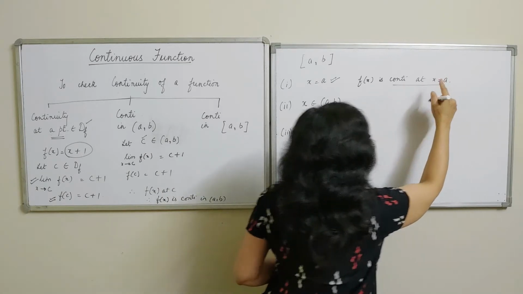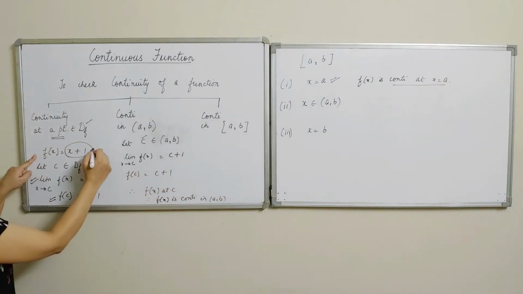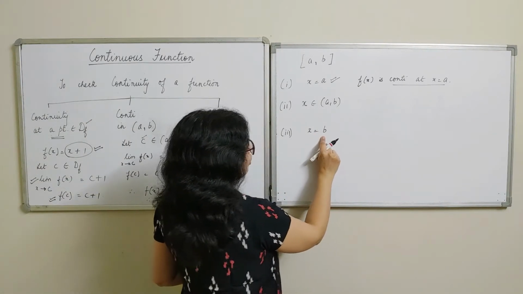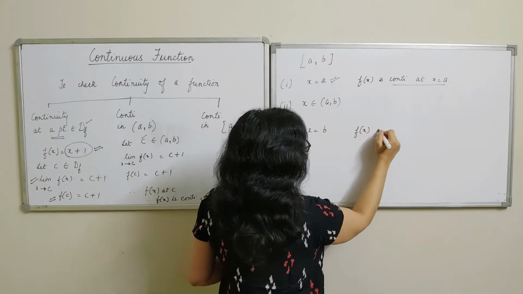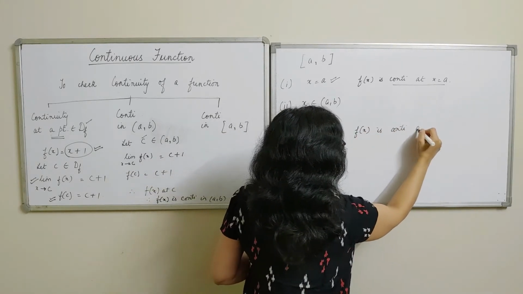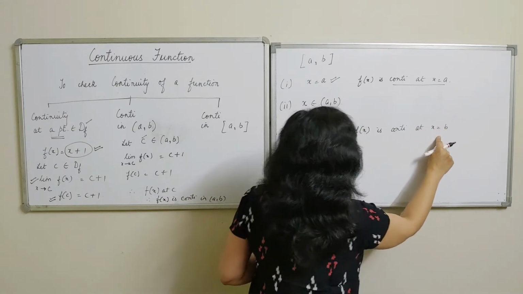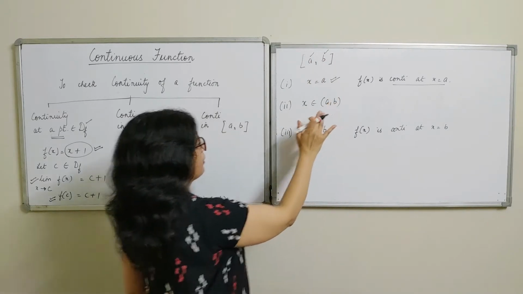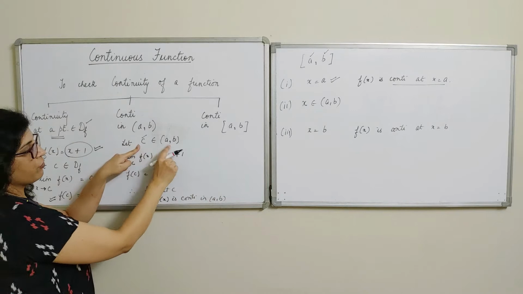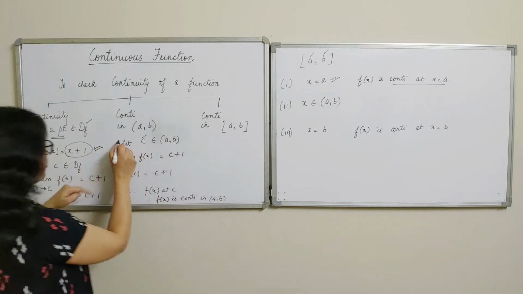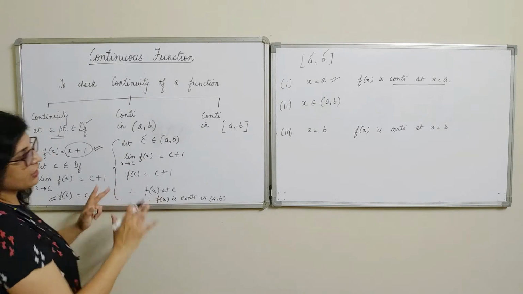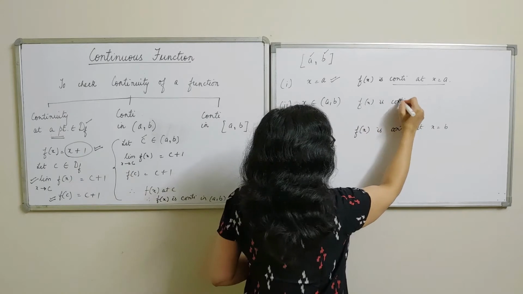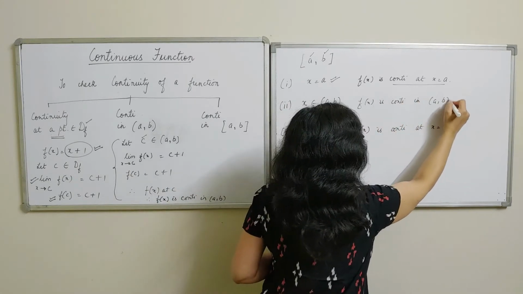Here I am writing it down directly because I am once again taking the same function f(x) equal to x plus 1. Likewise, for the limit x equal to B, once again we can write down that the function is continuous at the point x equal to B. So we have included the endpoints. Now what is left? The open interval. And for this open interval, what do we do? We choose a point from the open interval. Repeating the same process, we will get to know that the function is continuous in the open interval AB.